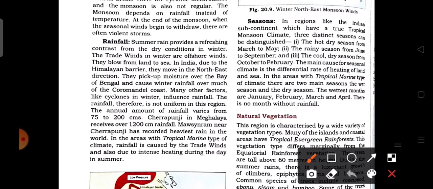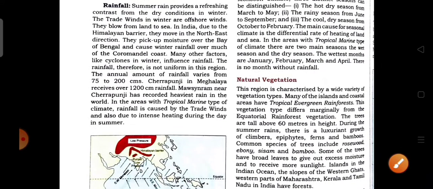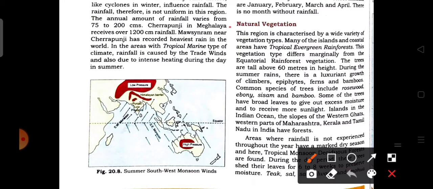In the area with the tropical marine type of climate, there are two main seasons, that is the wet and the dry season. The wettest months are January, February, March, April. There is no month without rainfall. So after this we are going to know about the natural vegetation, what type of vegetation is grown in this type of region. Many of the islands at the coastal areas have the tropical evergreen forest,